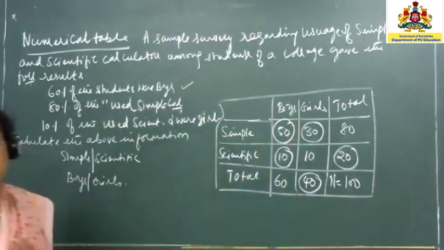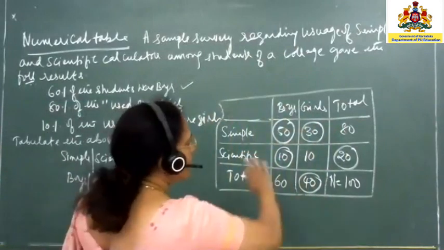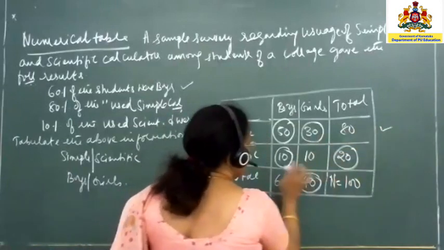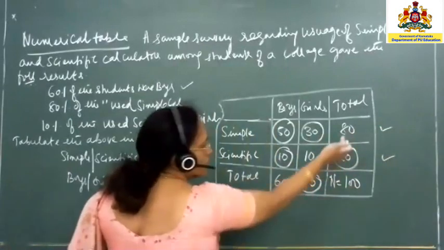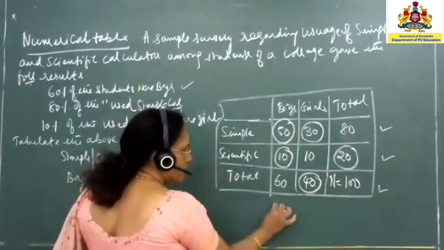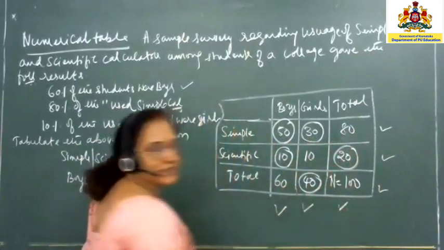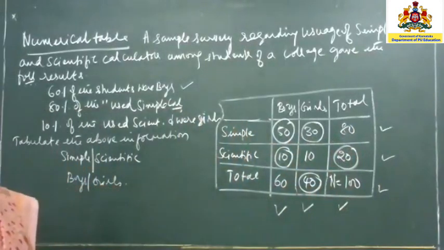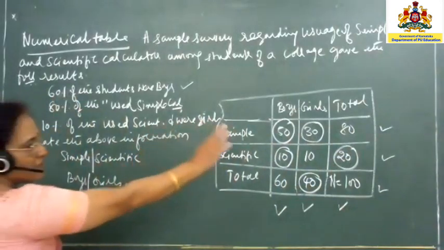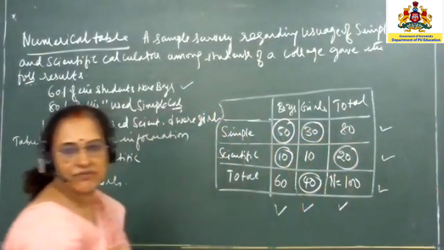Now this is how you have to find it. Once you finish the values, try to verify. So column: 50 plus 30, 80. Okay. Now 10 plus 10 is 20. This way 80 plus 20 is 100. Now take this: 50 plus 10 is 60. 30 plus 10 is 40. 80 plus 20 is 100. So is it clear? Actually you are given only 3 numbers, but how many numbers have we filled in here? See, 1, 2, 3. So 3 3s are 9 numbers we have filled in.